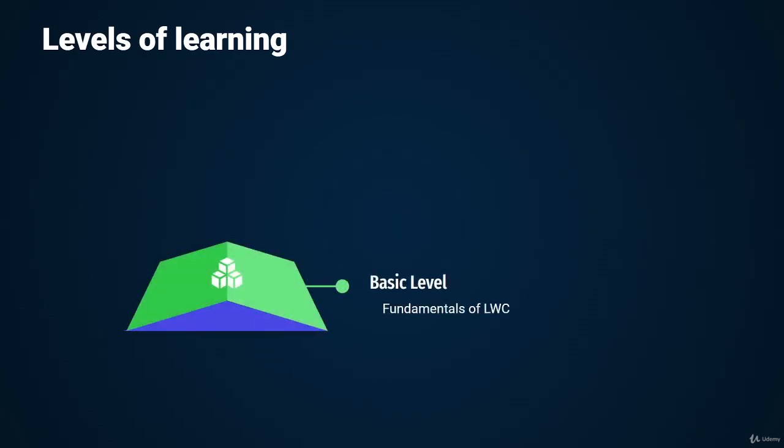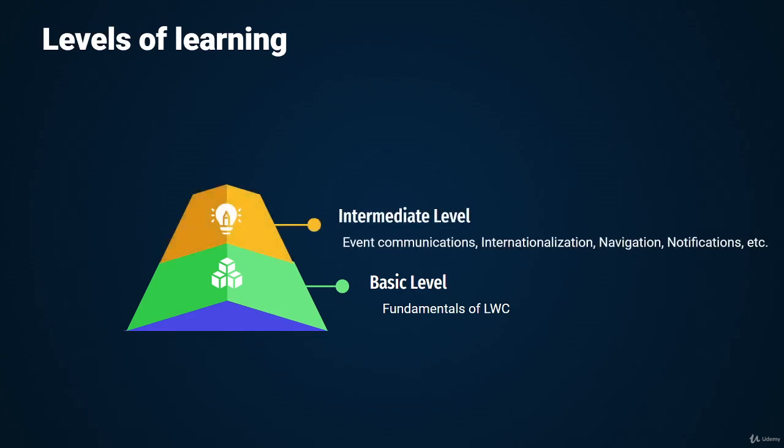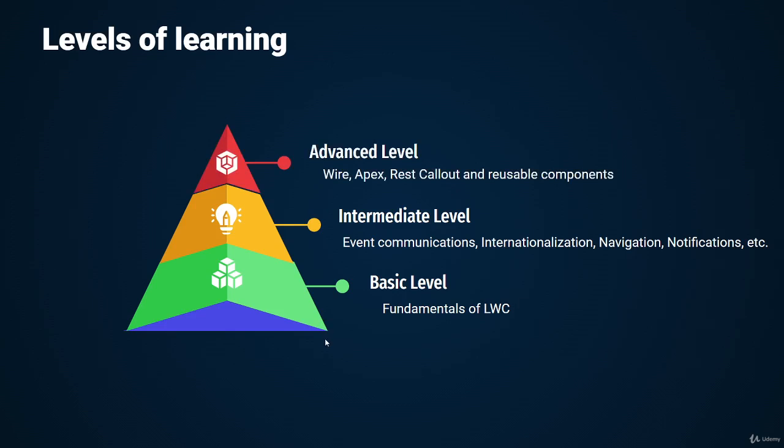In this course, we have different levels. Our levels start with a basic level in which we'll learn about the fundamentals of Lightning Web Component. Then we'll move to the intermediate level. There we'll talk about event communication, internationalization, how the navigation works, how we can give notification and so on. And at the end, we'll reach an advanced level where we'll learn about wire service, Apex, REST callout, reusable